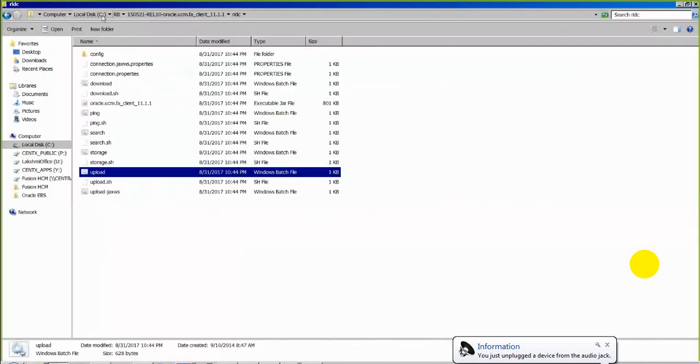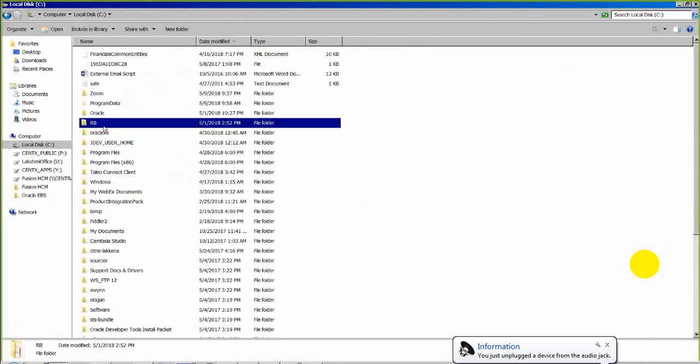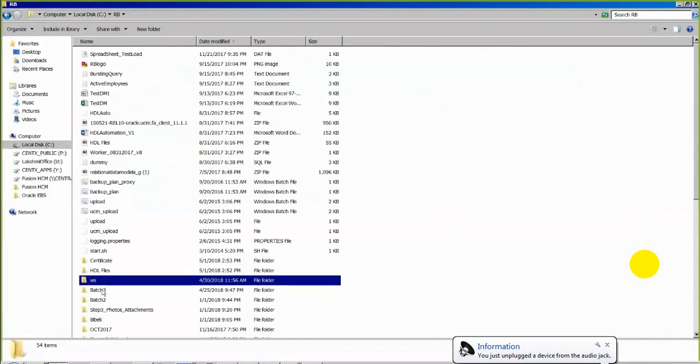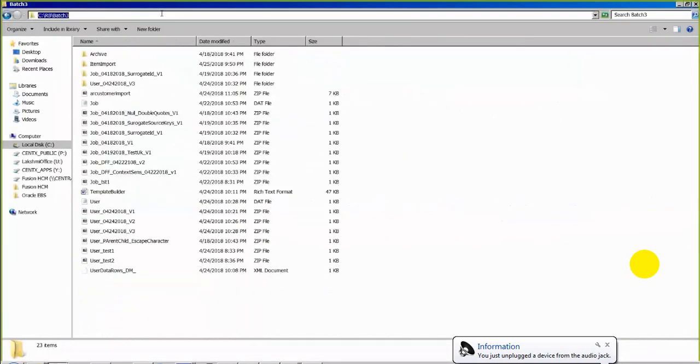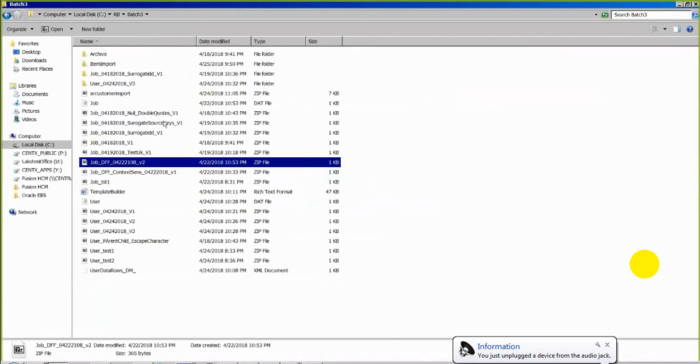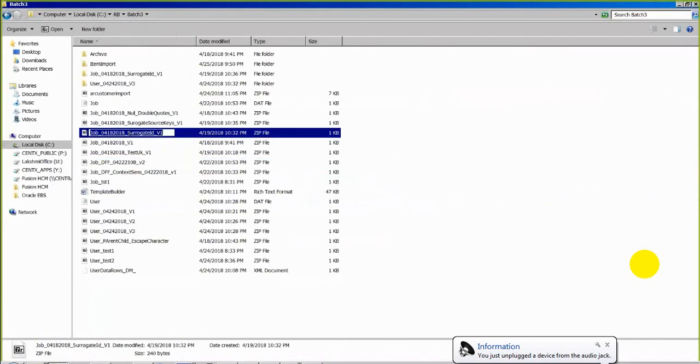So I can take any file, maybe batch 3. We created some file like, maybe this file,